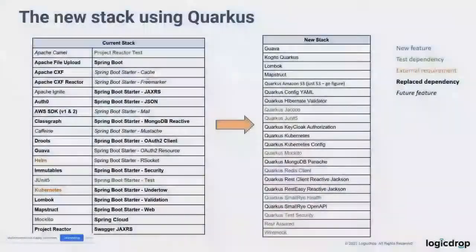Very nice. So, just to give you an example of the change in stack, this is how we went from Spring Boot to Quarkus. And in a lot of cases, we tried to stick to the Java standards. We didn't want to use the Spring way. So instead of using Spring WebFlux, we brought in CXF with Project Reactor manually. Well, now I had to tool that into the ecosystem because it didn't play the same. The same with AWS. I have Spring Cloud that came in and brought in all the dependencies with AWS. Then I had to go and exclude them out of my POM. I brought in S3. Just S3. They went a big way for the size of the jar.